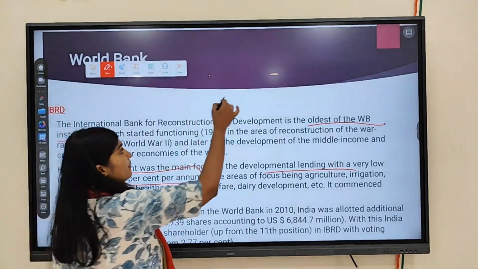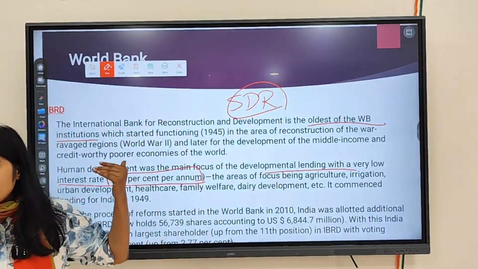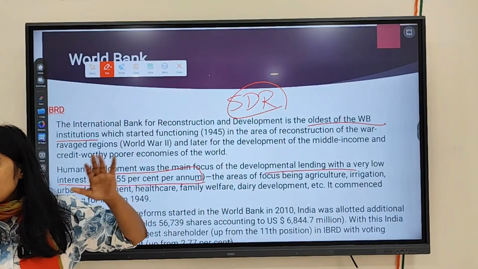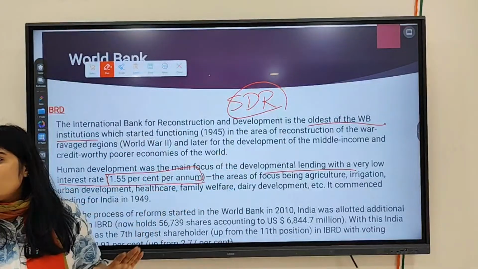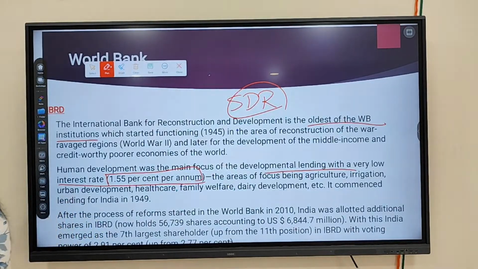Whatever you have deposited in the form of SDR in IMF, you can take the loan from IMF also. The same applies in the World Bank. Whatever deposit the countries make, in emergency time they can take extra loans. Think that 100 crores have been deposited by India in the World Bank. 200 crores can be sanctioned, but it will be at 1.55 percent per annum.